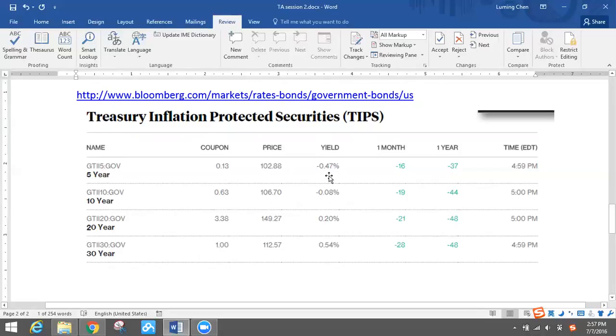For the 5-year, the yield is minus 0.47%. For the 10-year, the yield is minus 0.08%. For the 20-year, it's 0.2%. And for the 30-year, it's 0.5%. So the yield is pretty low,